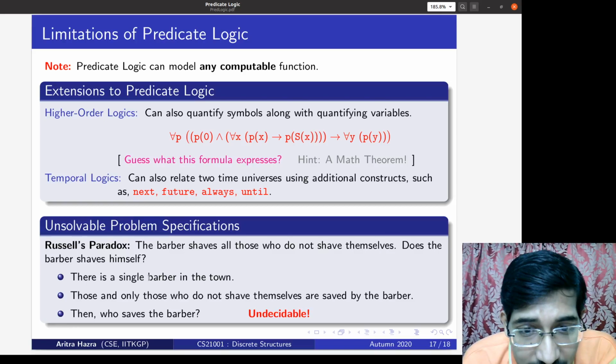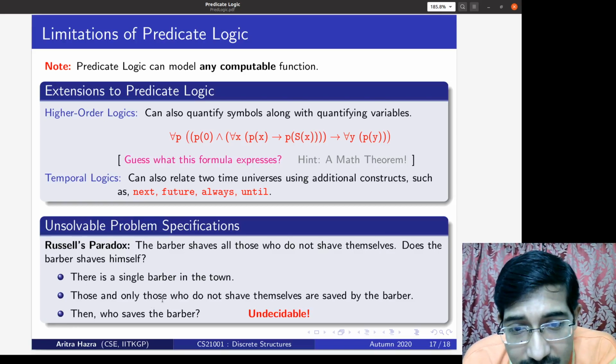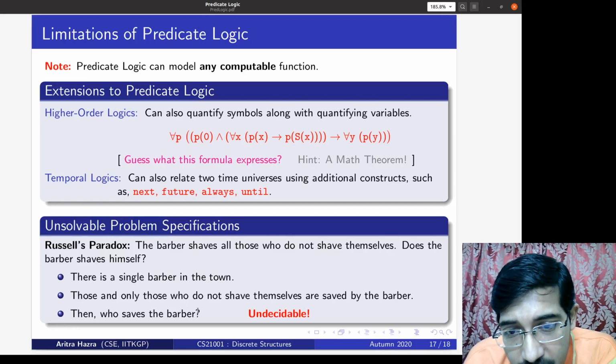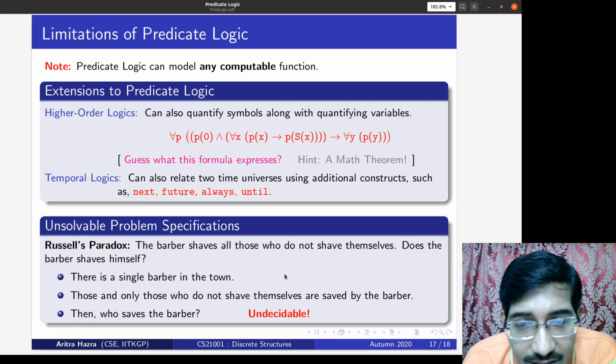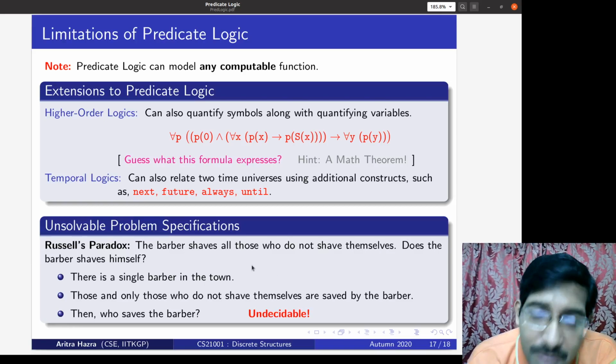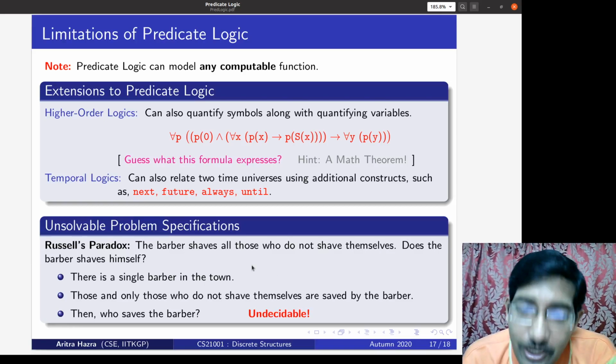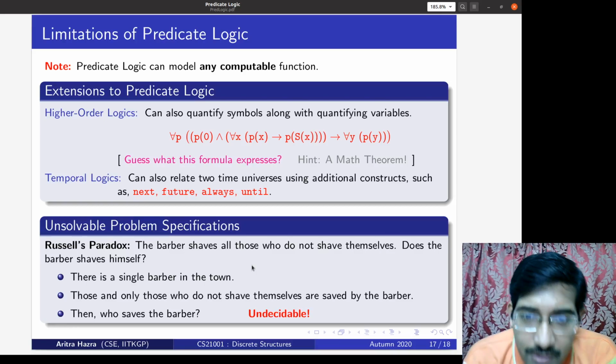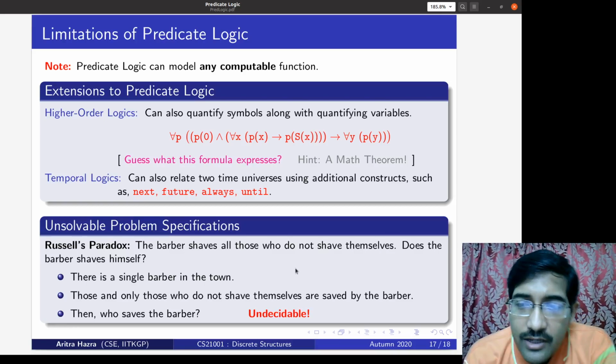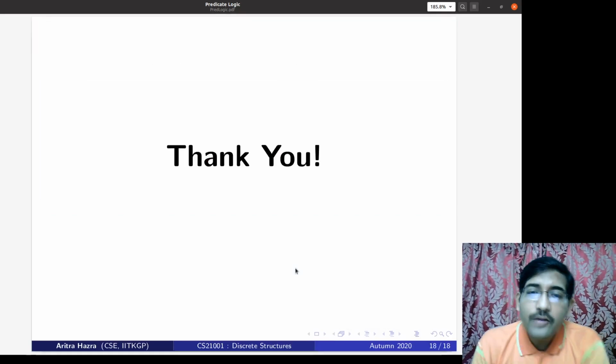So this is a paradox which you cannot express, because these statements and the outcomes that we want come as a contradictory set of arguments, and we say that these are undecidable or unsolvable specifications which the logical entities cannot encode. So with that, we come to a conclusion of predicate logic, where we have learned